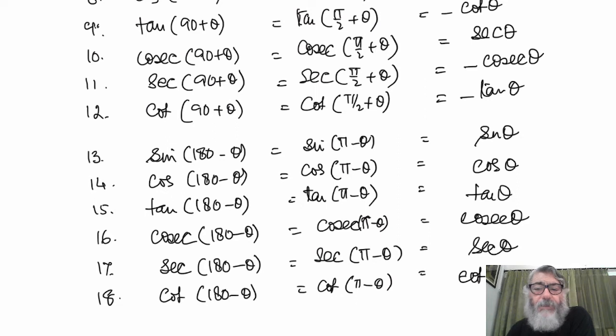Only sine and cosec are positive. Sine is positive, cosec is positive. The rest are negative. The rest are negative. Now let's see